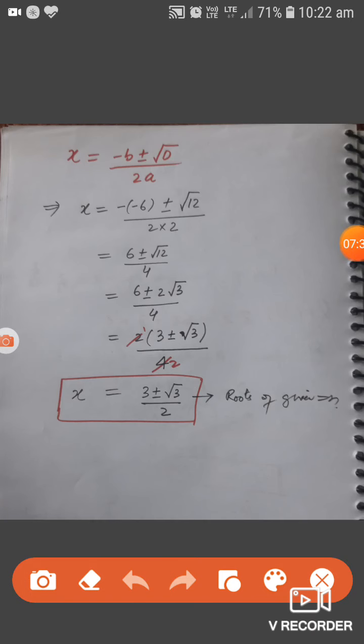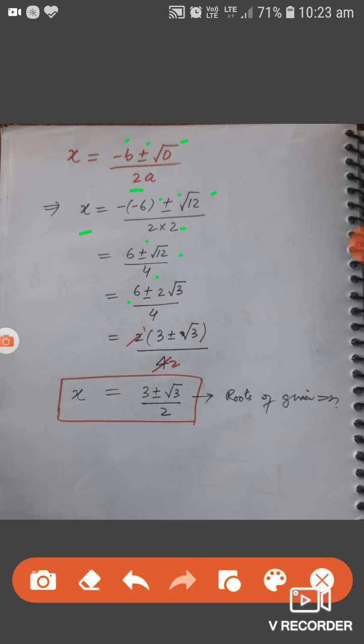Now the roots of the equation are given by the quadratic formula x equal to minus b plus minus square root of D divided by 2a. You know D is equal to b square minus 4ac. Therefore x equal to minus times minus 6, plus minus square root of D, which is over here 12, the square root of 12, divided by 2 into a, which is 2. So we will get x equal to 6 plus minus square root of 12 divided by 4. It will imply that x is equal to 6 plus minus